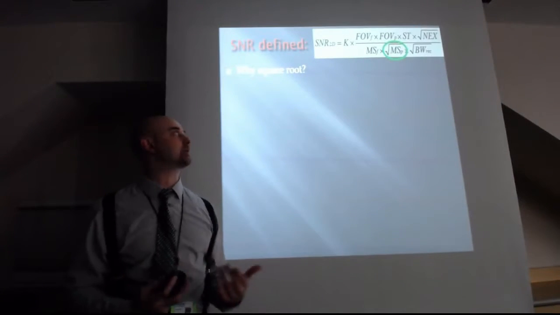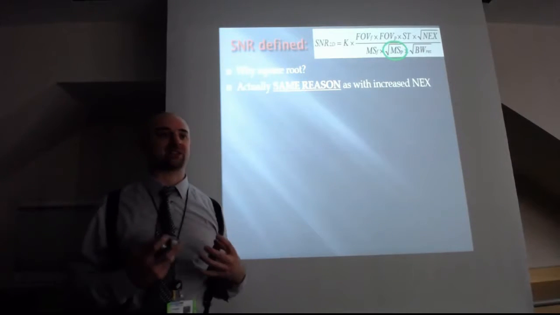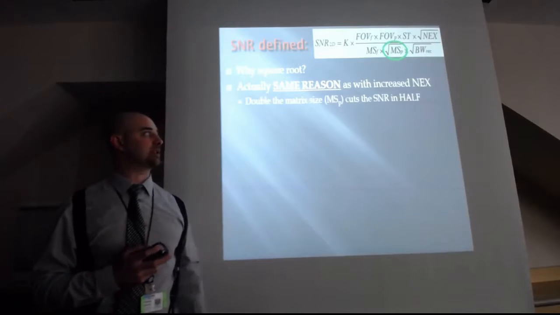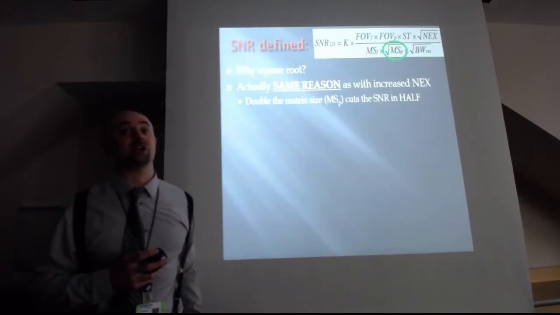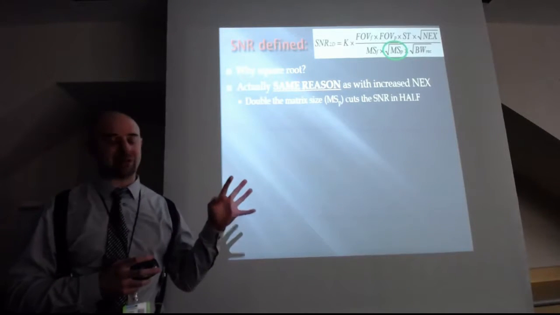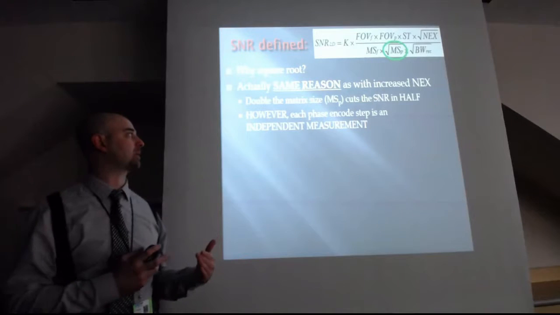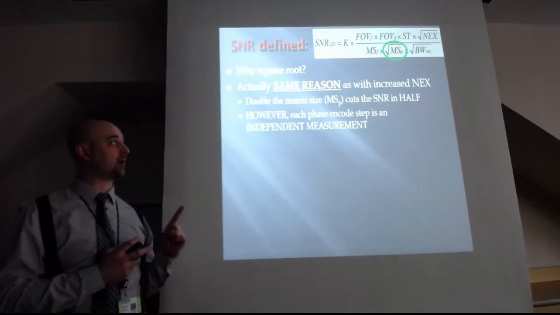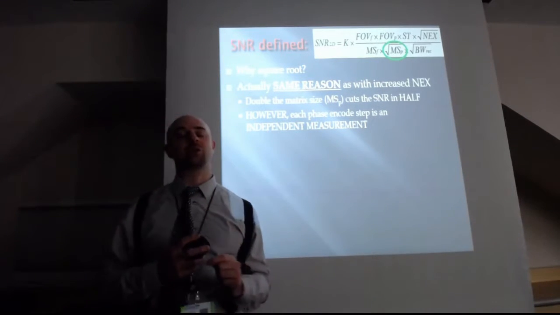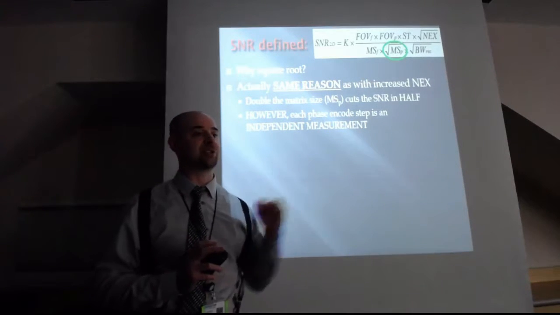Why is it under the square root? It's because there are two competing processes here, and it's similar to the reason why you get a square root change with increasing NEX. Doubling the matrix size cuts the signal in half for volumetric reasons and the number of protons reasons. However, increasing the matrix size in the phase direction is also going to increase the number of phase encoding